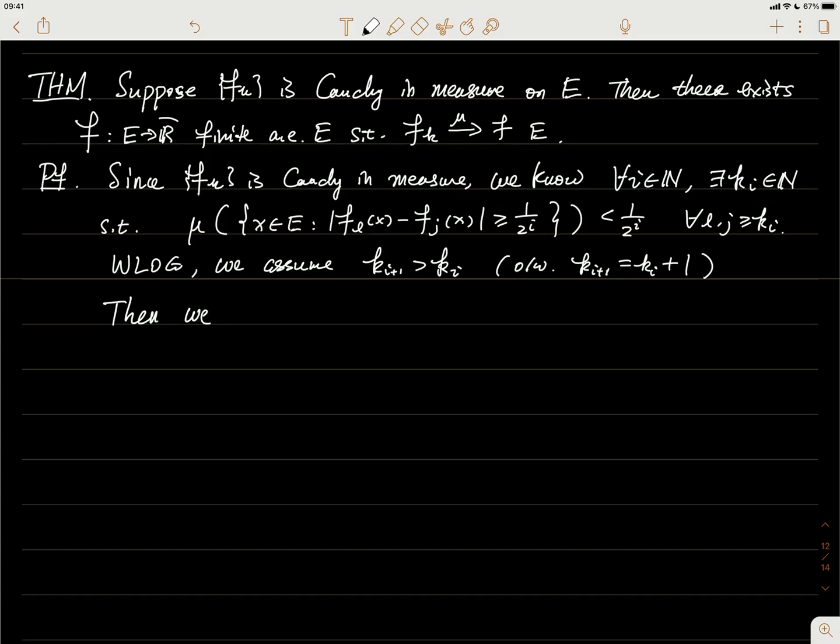Then we have obtained a subsequence called f_{k_i}, and this subsequence is from f_k, and now the index is i. Let's denote this by g_i for simplicity, where i is the index. According to the formula above, we can show that